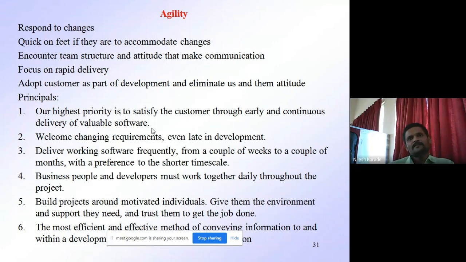Our highest priority is to satisfy the customer through early and continuous delivery of valuable software. So agile people are saying that our highest priority is to satisfy the customer by delivering our product continuously and as early as possible. Why is there a need to deliver the product early, before the deadline, and continuously? For example, we are developing an ERP system. There is a customer for our product, and the customer says that I have to build an enterprise resource management, that is, an ERP system for my company or organization.